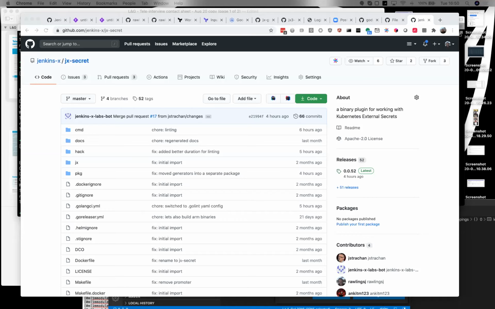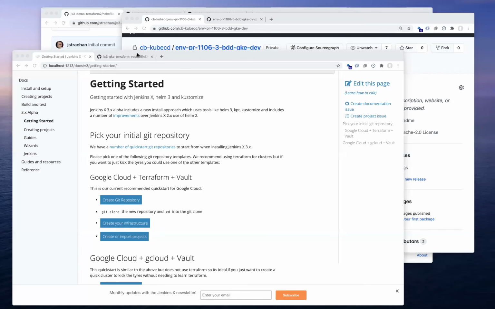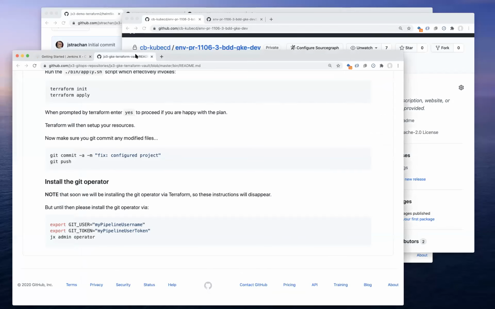Let me grab the screen a sec, James. I'll just show you. One second, shared screen. We've created a little command line tool. Okay, well, one second there. If I go back to the JX CLI, if I go back to this repository, which has all the main things inside it,